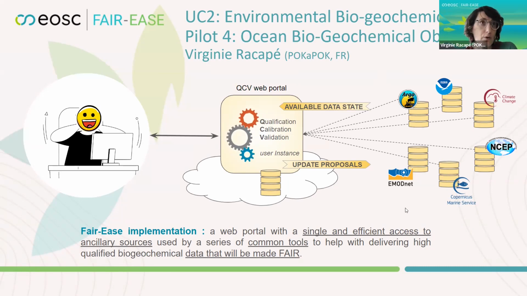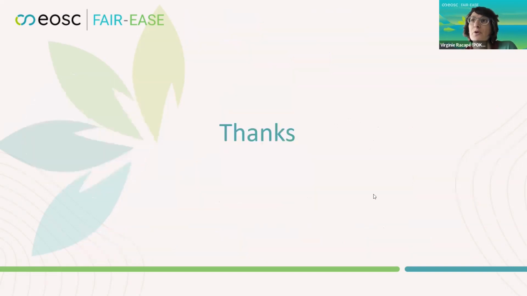Tools deployed for the calibration will be focused on ocean biogeochemical observation, measured essentially by sensors deployed on the Argo float, the glider, or the sea mammals. But this demonstrator will be designed to easily add specific standardized methodology for other variables measured on other platforms. Thank you for your attention.